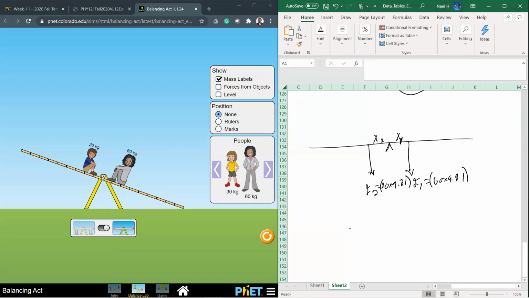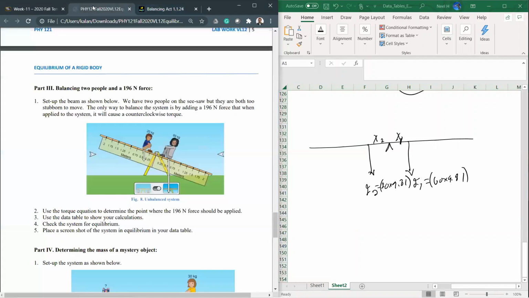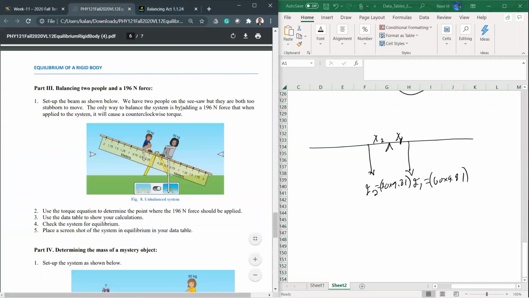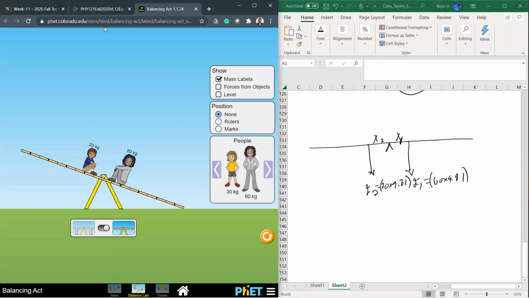And then I can use the torque equation to find what should be the difference between them. That should be the third vector I need, right? So I can calculate how much force is needed. But in your lab manual, it actually tells you you need about 196 another force to apply for this one, right? To balance this one. Let's calculate that one. So now what we can say, the net torque